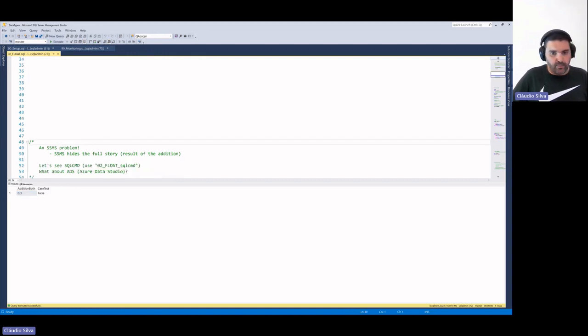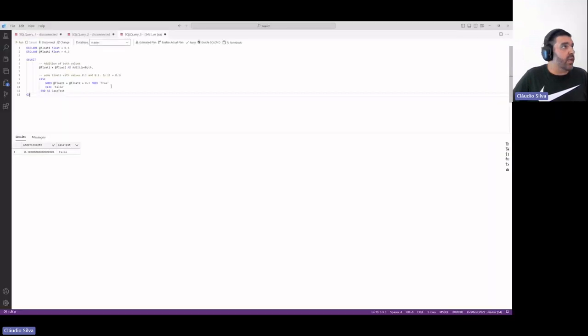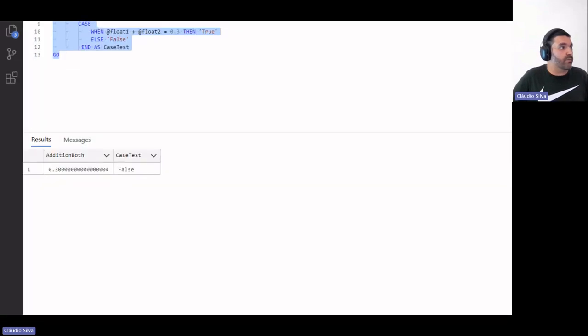So let me show you. If I go to Azure Data Studio and run the same instruction, look at the output. It is 0.3, 15 zeros, 4.